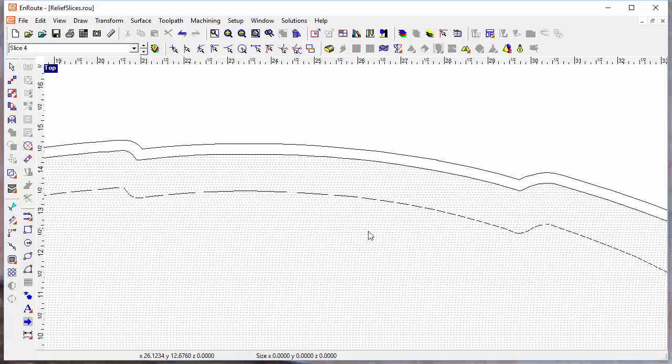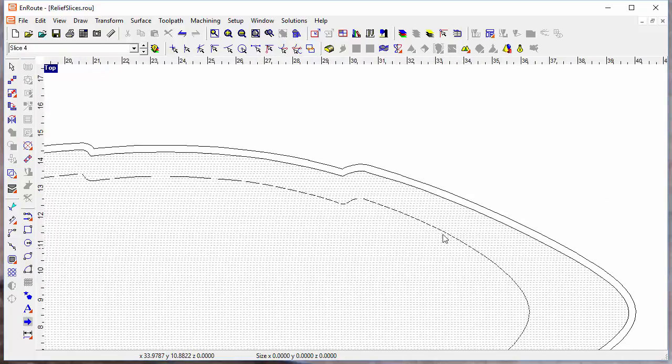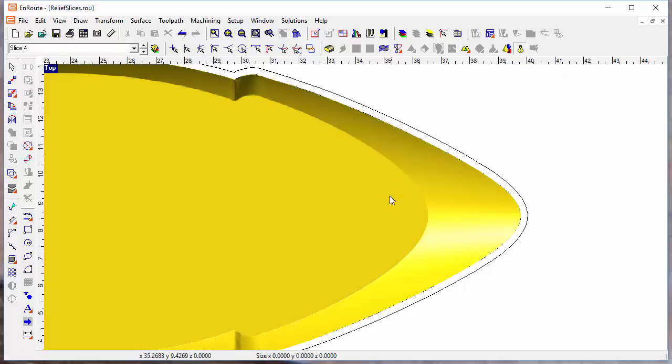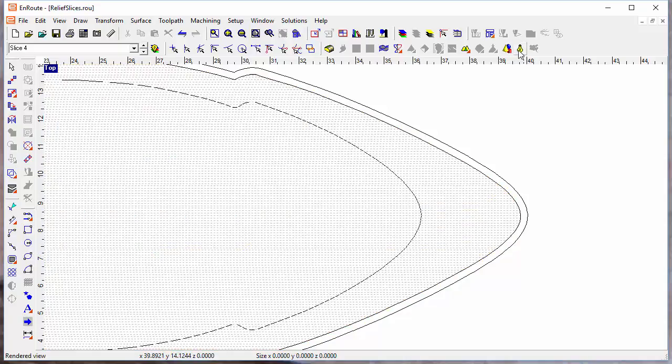So here you can see that the masking contour has been created, and it has been offset that 0.25 inches from the outside of the relief, and then also it's been offset that 1/4 inch to the inside of that boundary of the flat area on the relief. So it's easy now to select the relief and those masking contours, and then when I create